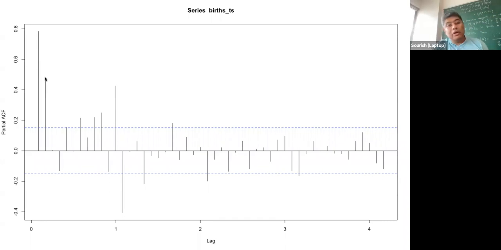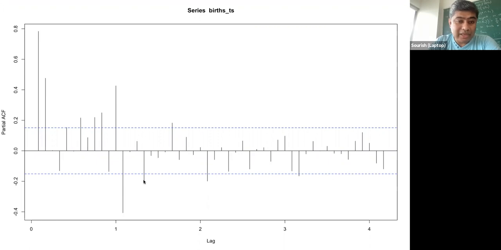So there is a correlation from the first and second month, and then 7th, 8th, 9th and 10th. And of course, the yearly correlation is also very significant. So these are the kind of discoveries we can make. Beyond 1 year, the correlations are not so significant.